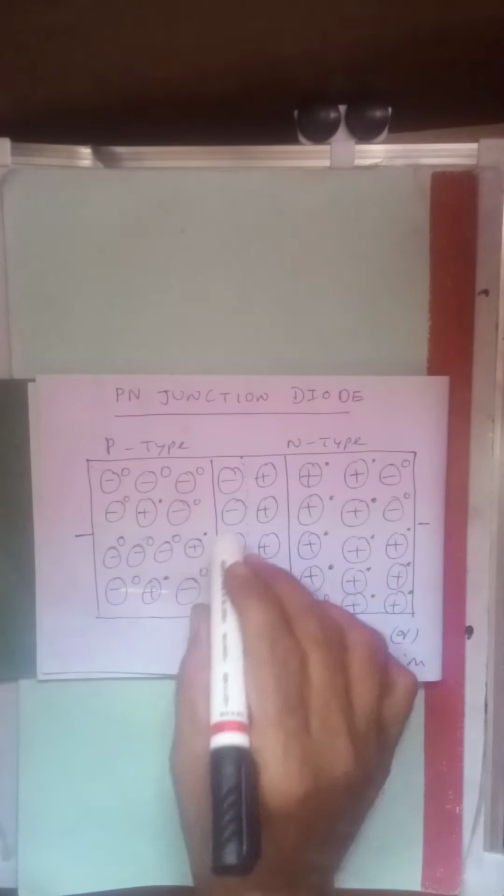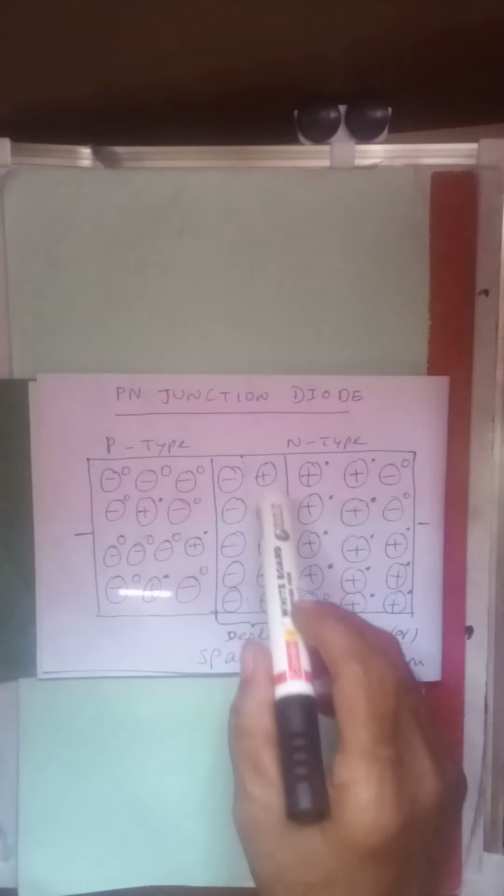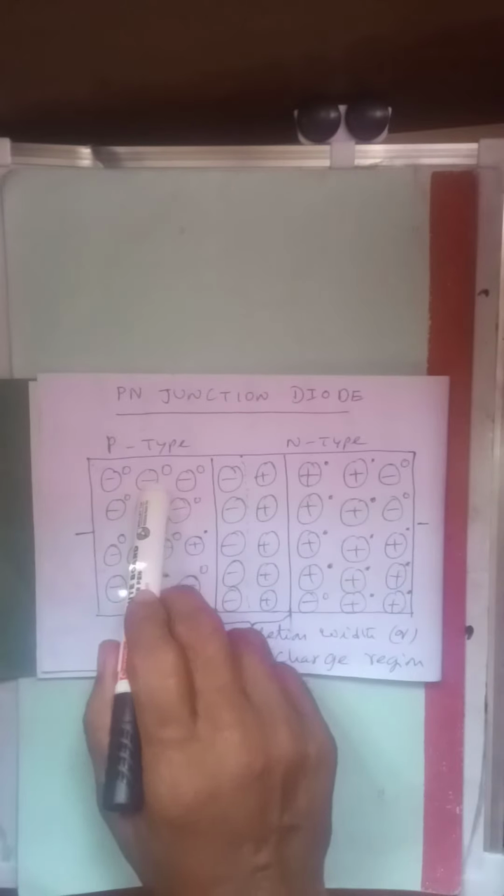This flux opposes further holes crossing from this side, and similarly the negative charge opposes further electrons crossing from the n region to the p region. Thus under equilibrium conditions, no current is drawn through the diode, because the negative charge opposes further electrons crossing to the p region, and the positive charge opposes further holes crossing from the p side to the n side. Thus a neutralized equilibrium condition exists.